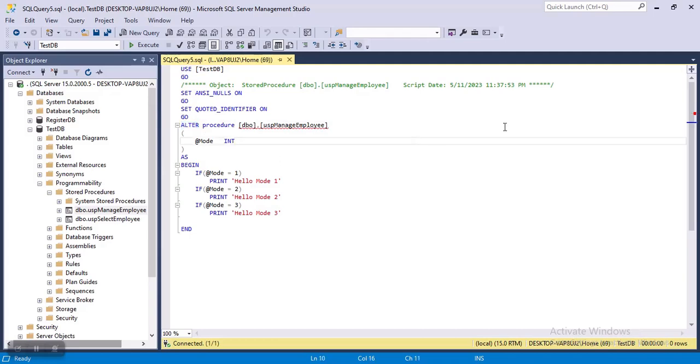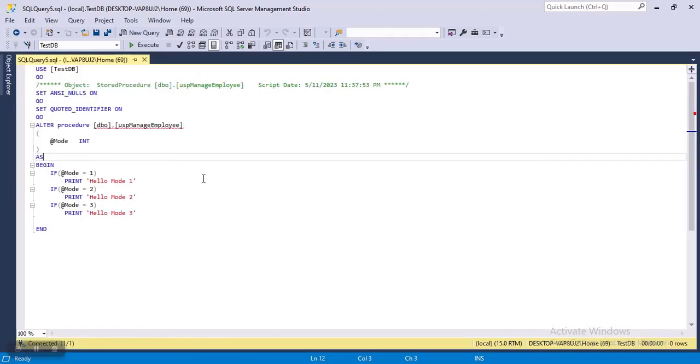Now we are not going to create any new stored procedure in this video. We will see how we can alter the stored procedure and make it update. Let's see how we can do it. Just open this one. This is one way of opening the stored procedure. Another way is, let's just copy it,